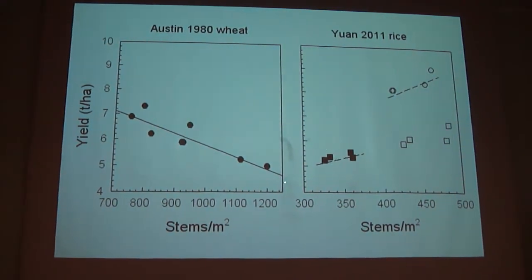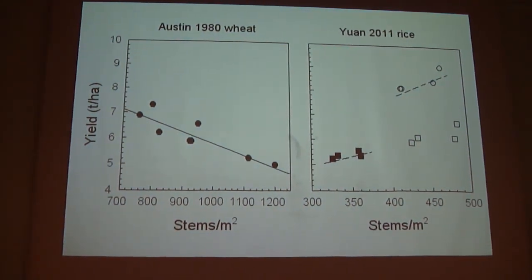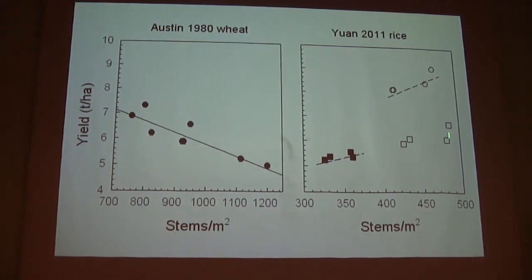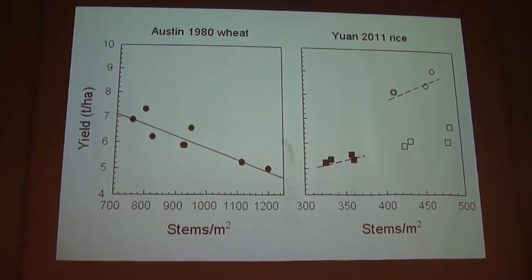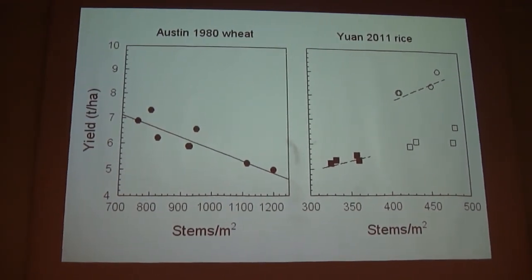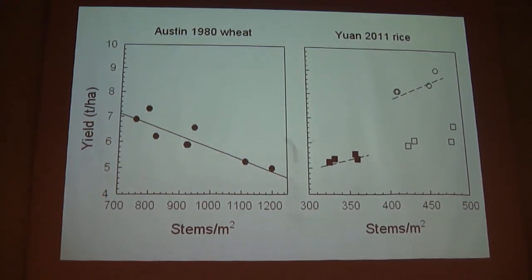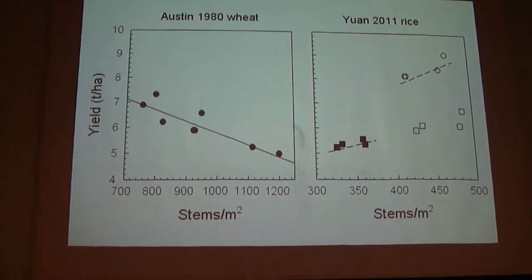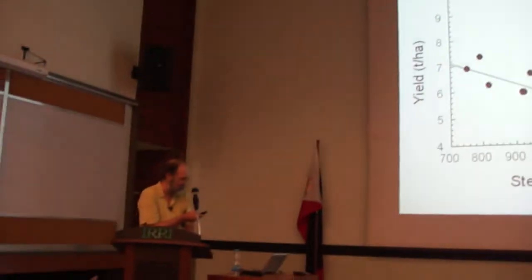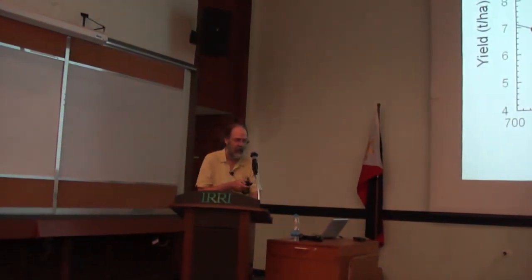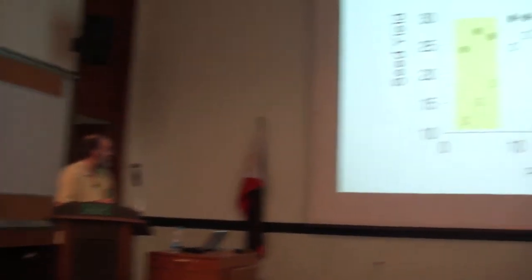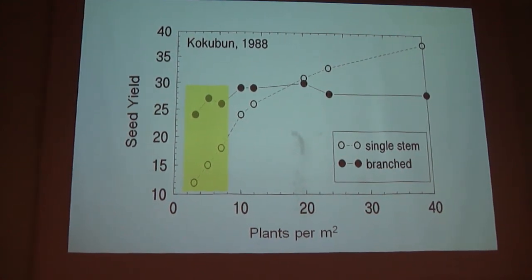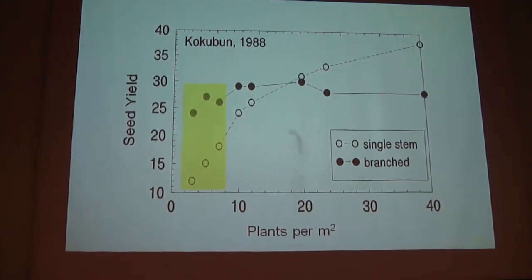Only 2 of these seasons had a statistically significant relationship, but both of those were positive, and if I had to guess, this looks like it's trending in a positive direction. So for the idiotype trait of how many stems we should have per plant, we seem to have a discrepancy between wheat, where Donald's prediction was borne out, and rice, where it was not. Once again, though, this is a trait, the optimal number of stems per plant